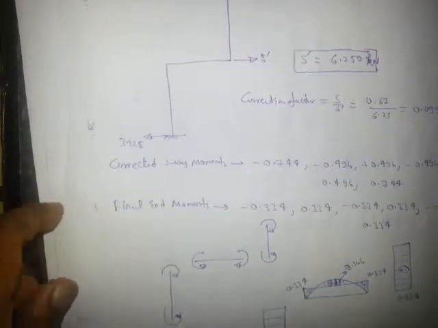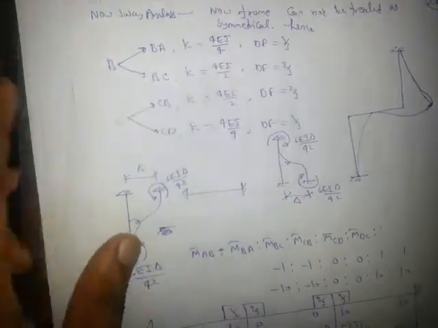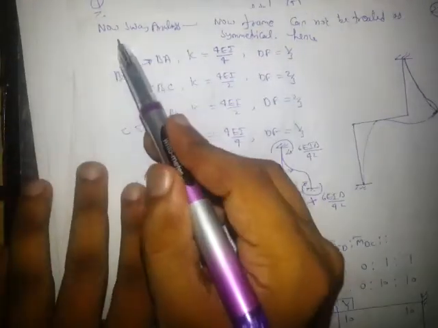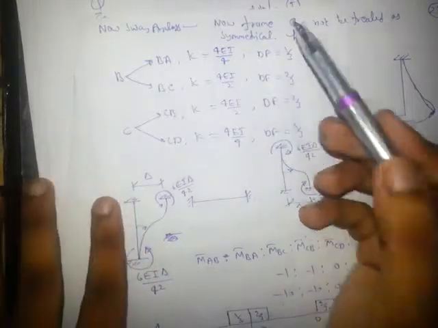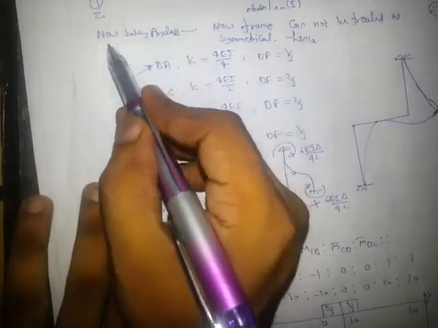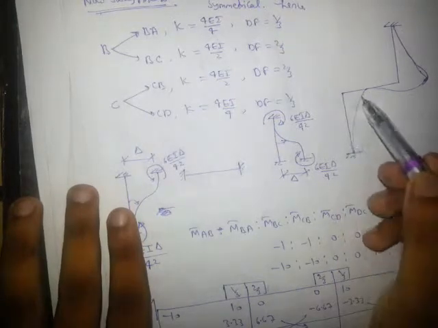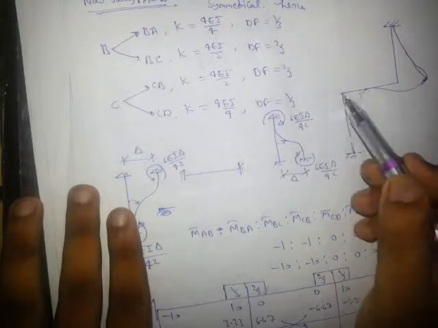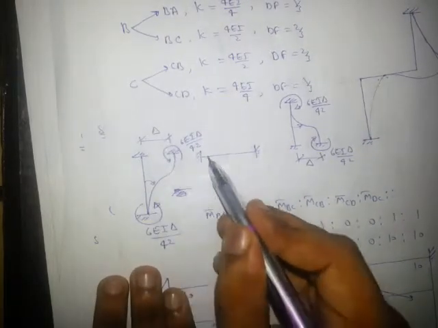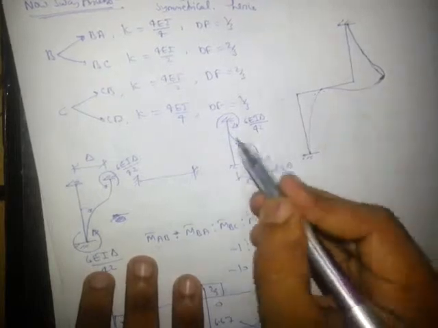Now we will calculate the sway moment, right? That was the non-sway analysis. Now this is the sway analysis. So assuming all the end joints are fixed and pushing the frame in this direction, you will notice it will go like this, and this beam as a whole will go in this direction, this will go like this.